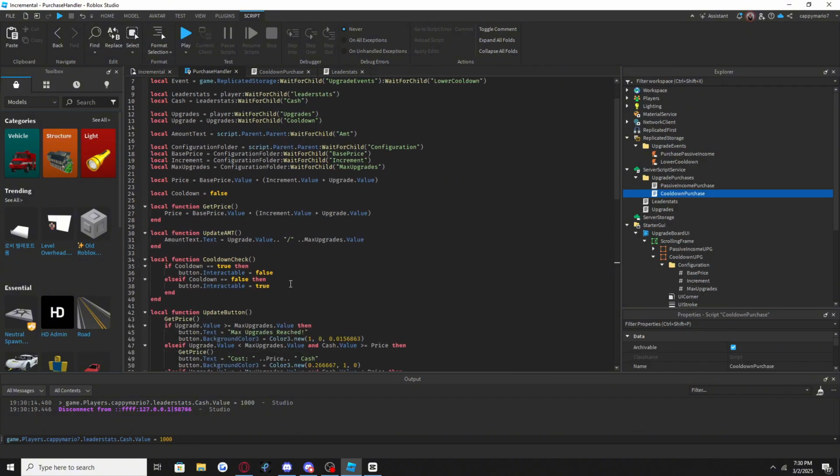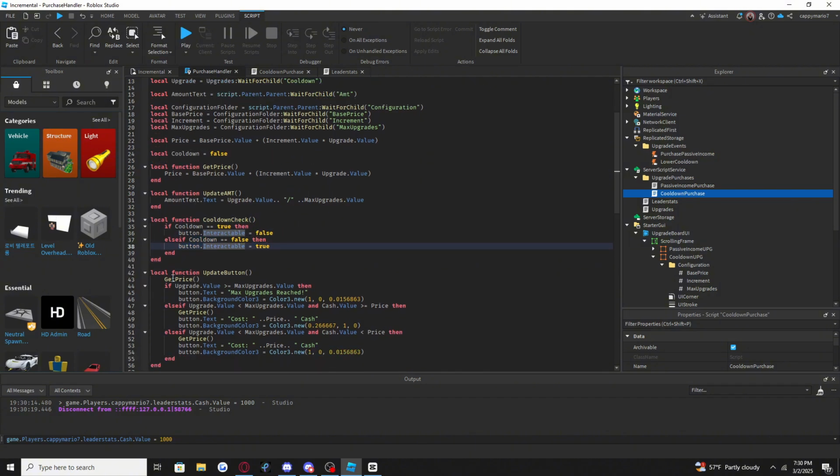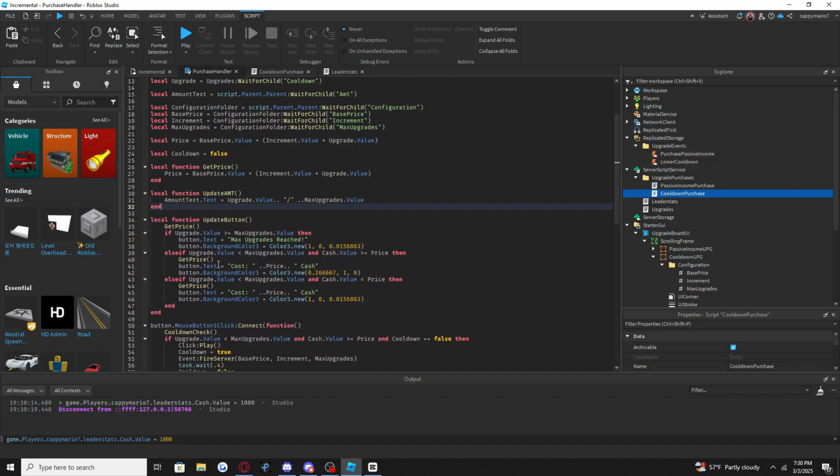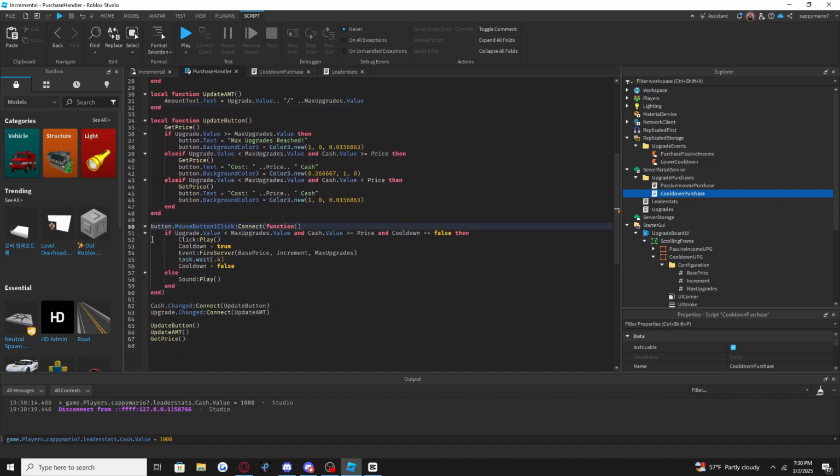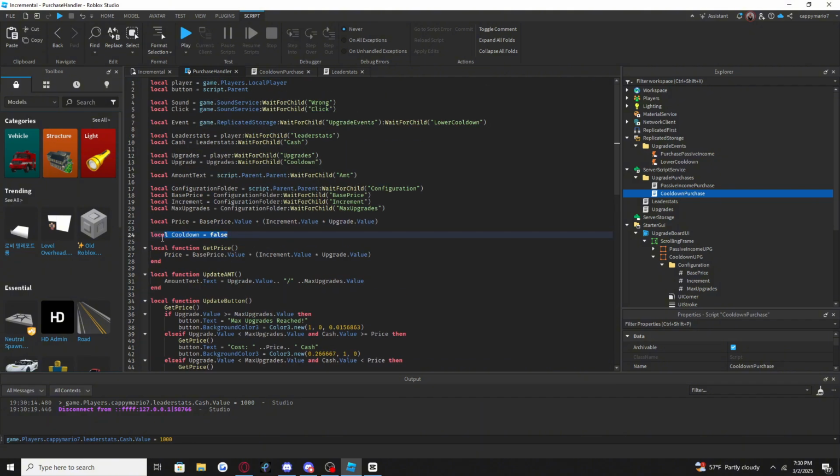Alright everyone, I am back, and I am back with a fix. So it seems like the problem that is occurring is something with this cooldown check. Now realistically, we don't even need this cooldown check here. So let's actually remove this. And let's just make it so instead of adding a cooldown value, so let's also remove this cooldown variable up